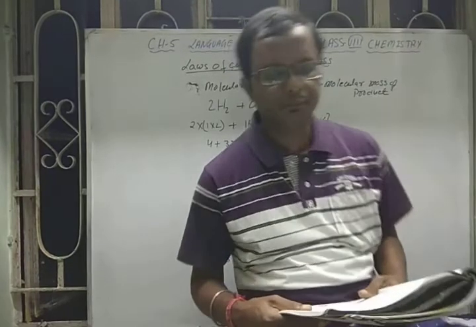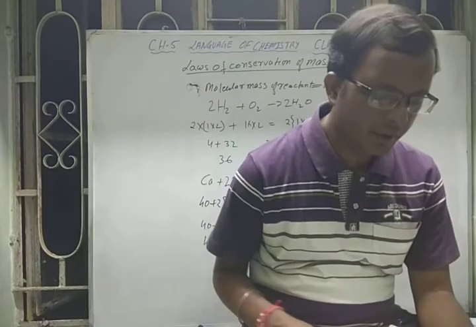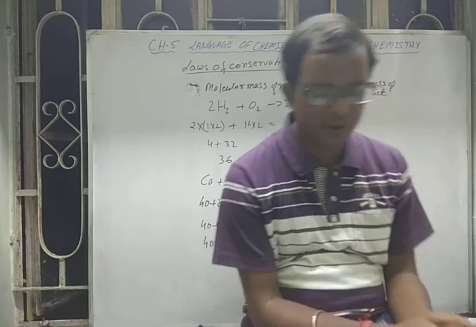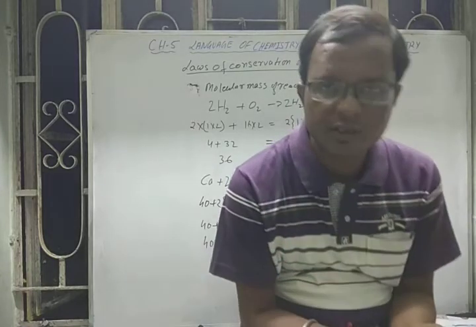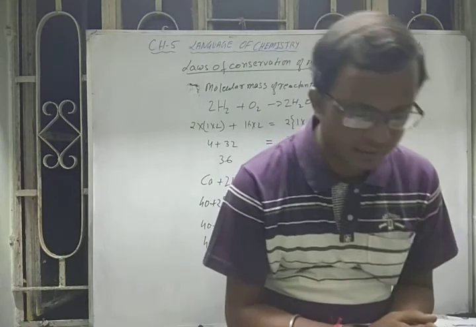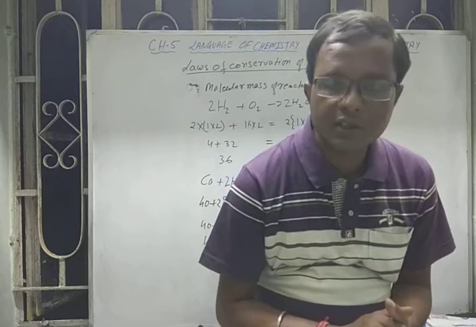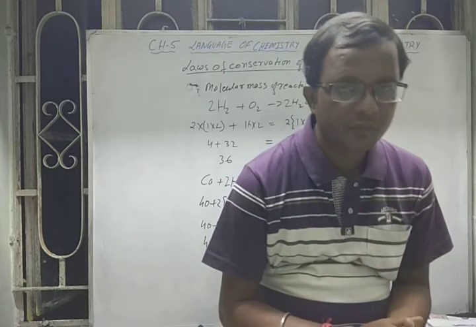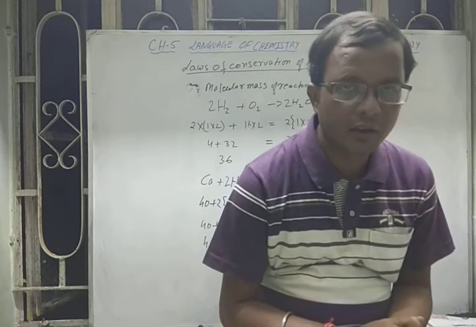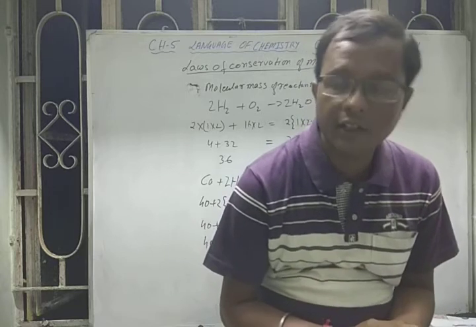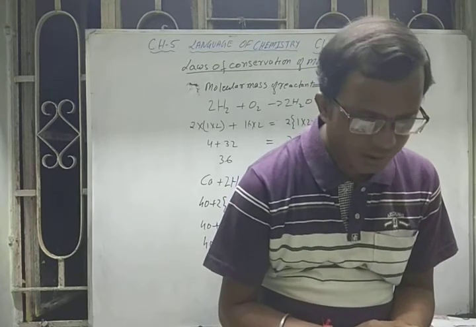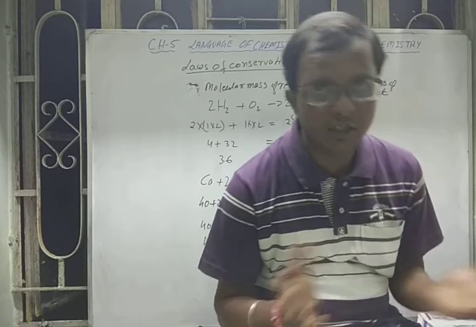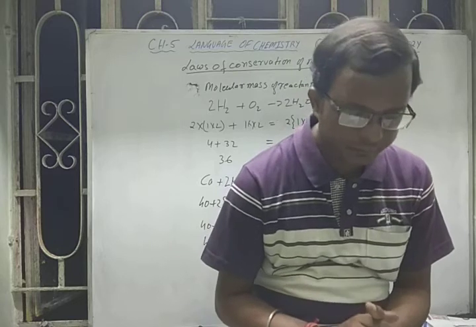Now the next part of this chapter is what information that we gather from a chemical equation, that we can say the limitations of chemical equations also. What information we generally gather. First, the information that we gather from the chemical equation is the name of the elements present in the reaction, in the reactant product. What the elements comes under the reaction. So you can identify the name from the equation.